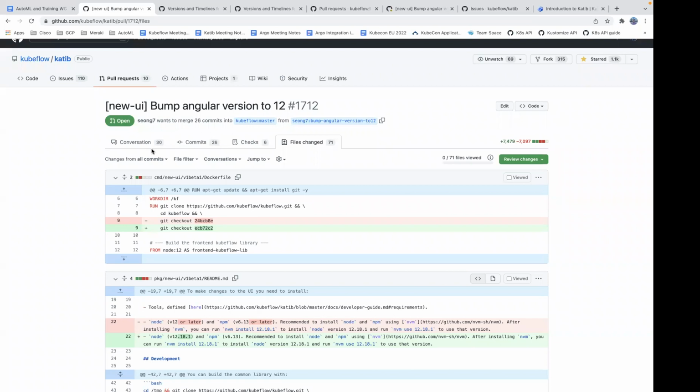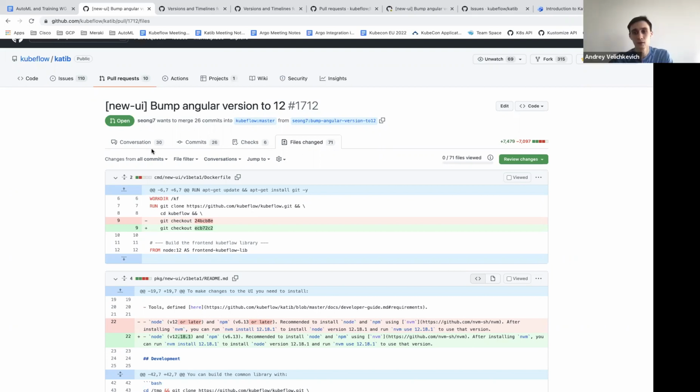There's no need to update Node and npm right now, but we have a plan. There are some issues with npm right now in Angular 12 that we're waiting for them to be resolved, and once they are resolved, we will do another pass on all of the apps and update it. But there's no need to do that now, so we can just update to Angular 12, and we should be good to go for this PR.